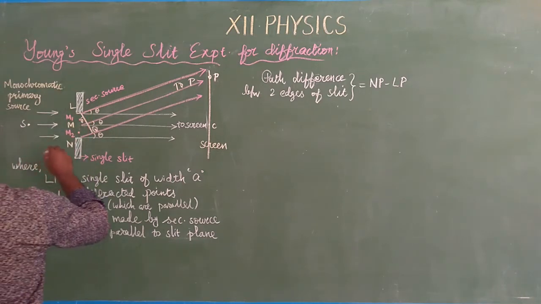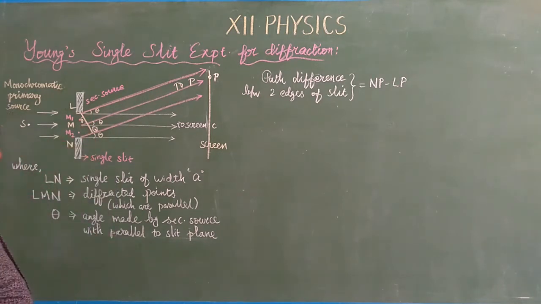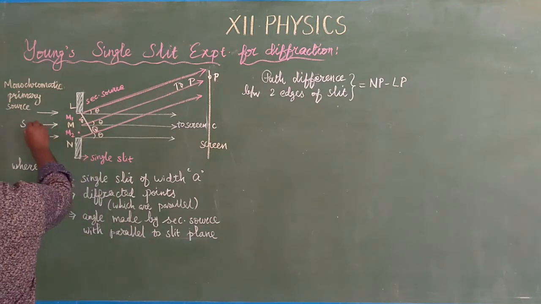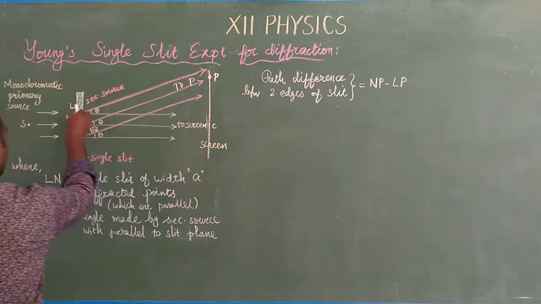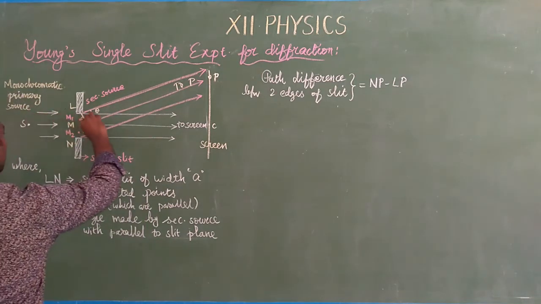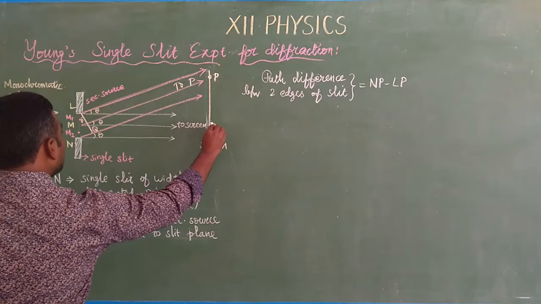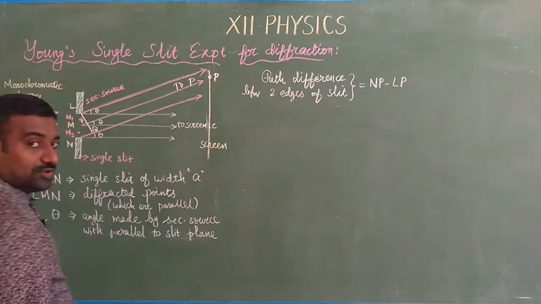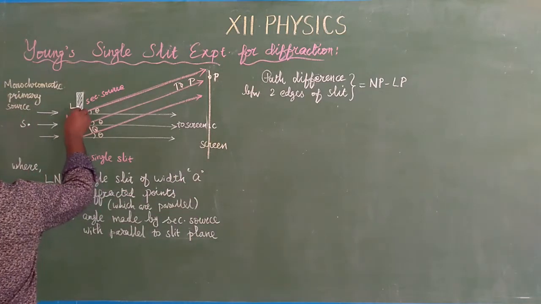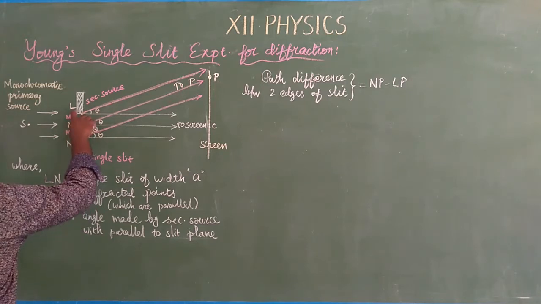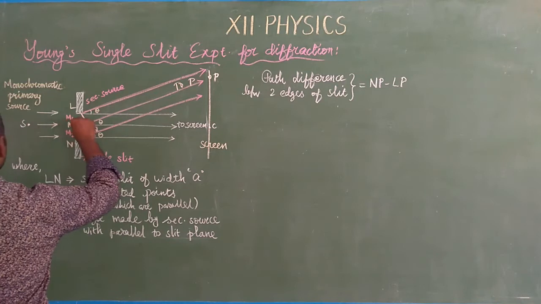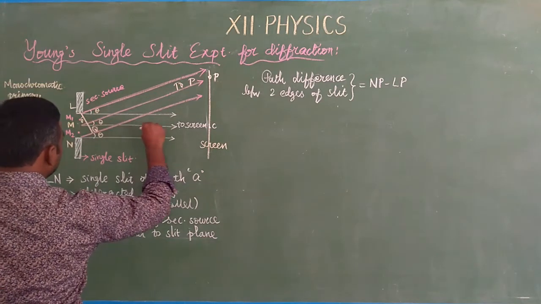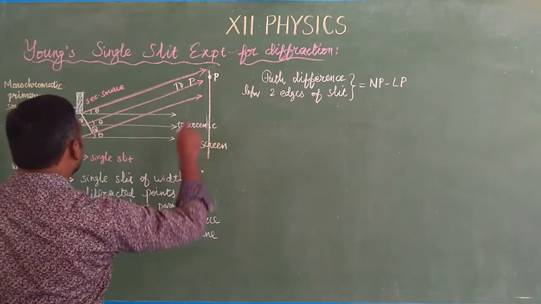But one more thing here: what is M? I should mention M. M is a straight line through M which is perpendicular to the slit. That is, a straight line from the source perpendicular to the slit meets the screen at point C. So this is the slit, and the center point of the opening is M. So a perpendicular line from the source on the slit meets point C on the screen.